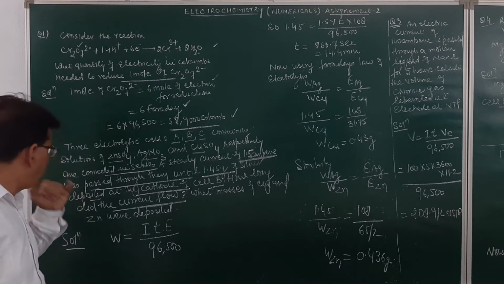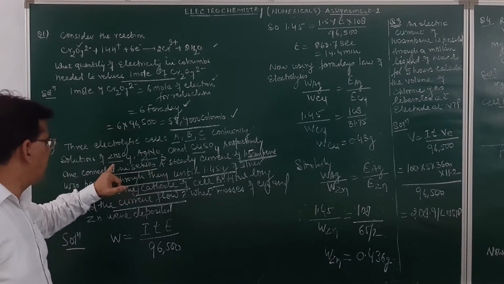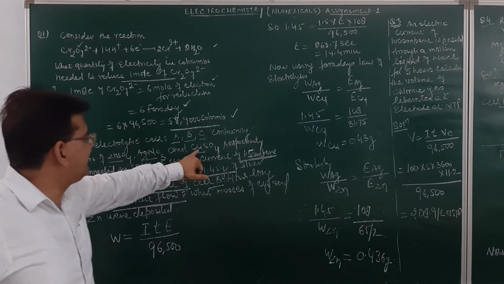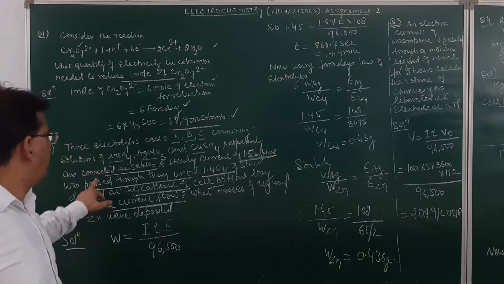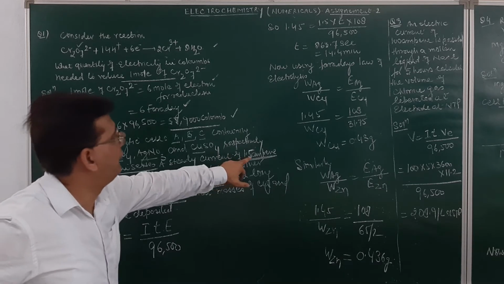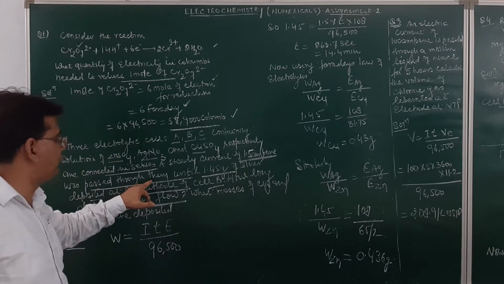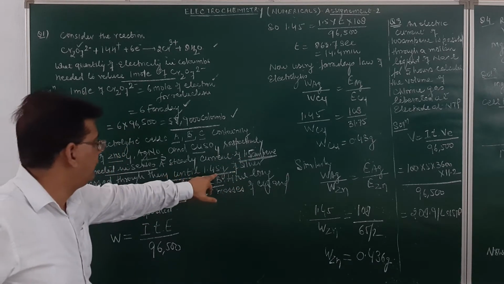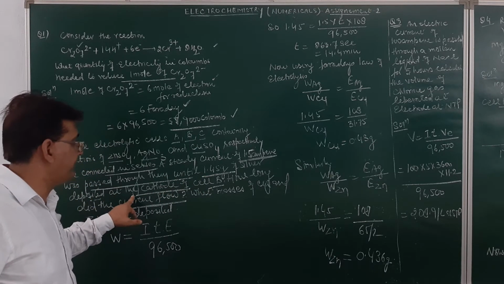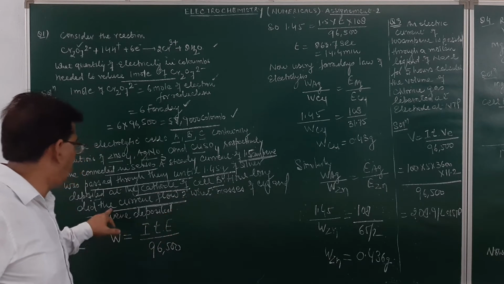Now, there are 3 cells A, B, C. The cell A contains zinc sulfate, B contains silver nitrate, and C contains copper sulfate. All of them are connected in series. When a steady current of 1.5 ampere was passed through them, you observe that 1.4 gram of silver was deposited at the cathode of cell B. How long did the current pass?